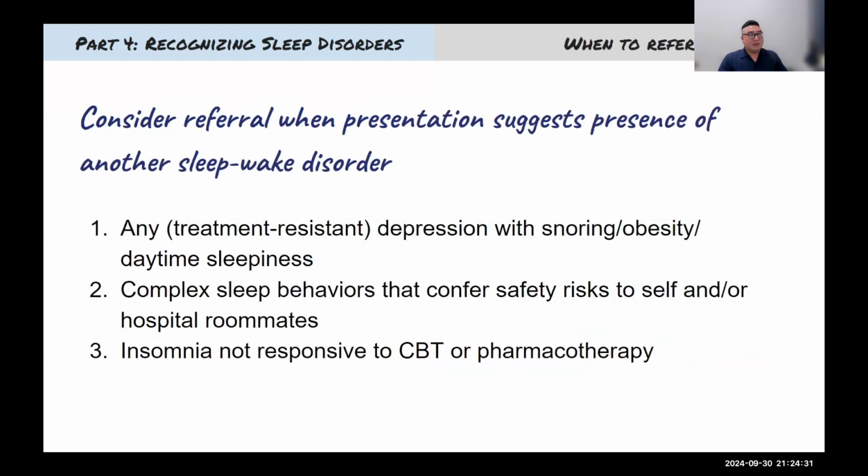When you see any of these kinds of conditions, these types of symptoms, please consider referral to a designated sleep center. And then other points to consider: if you're dealing with depression that does not seem to respond to conventional therapy, it's treatment resistant, and the person also has comorbid snoring, obesity, or daytime sleepiness, that would be the time to refer on to rule out sleep-related breathing disorders. And of course, parasomnias, if the person has complex nighttime sleep behaviors,